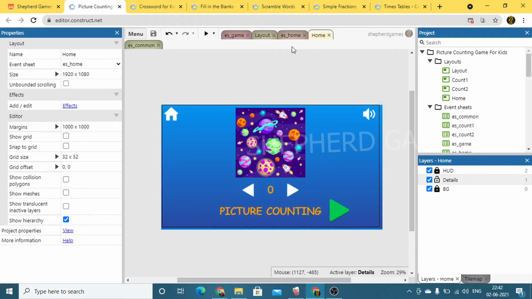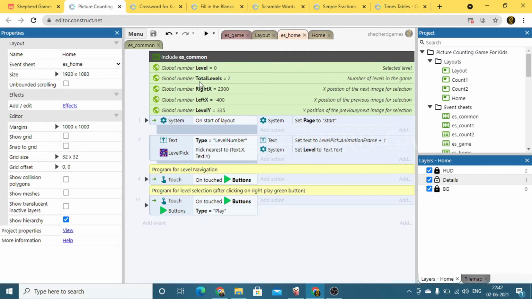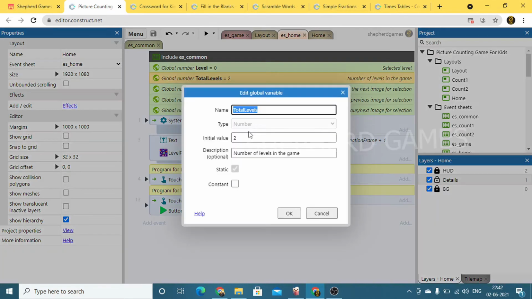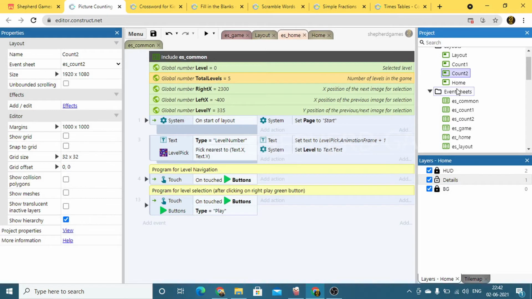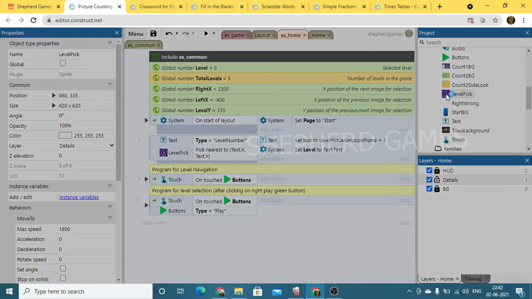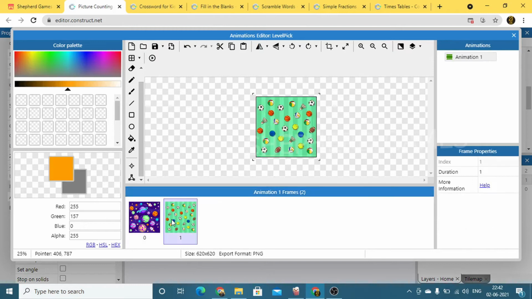So this is the home event. So you can see there are a few global variables, right? So all you have to do is, if you want to have 10 levels or 5 levels, you just need to enter the total levels as 5 and add the layouts like I explained in the last video. Okay, and also in level pick, so this object, just add one more or 3 more images. So if you have 5 levels, you require 5 images, or if it is only 2 levels, we require only 2